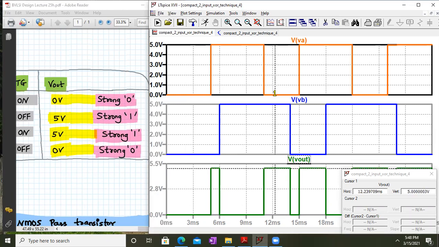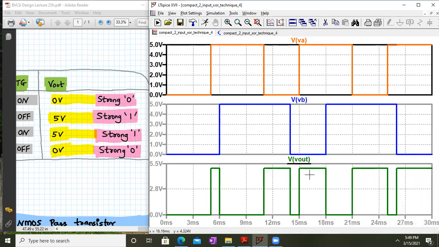And we go to the next case where A is 0 volt and B is plus 5 volt. In this case also we get a very strong logic 1, that is 5 volt, as you can see over here. Next we again have 0 and 0. Again, we get a strong logic 0, around 16 nanovolt. And we'll check one more case. VA is 5 volt and VB is 0 volt. So we get a strong logic 1 at the output, that you can see very clearly, 5 volt. So the functionality at the output which we are getting is perfectly working as a XOR gate.